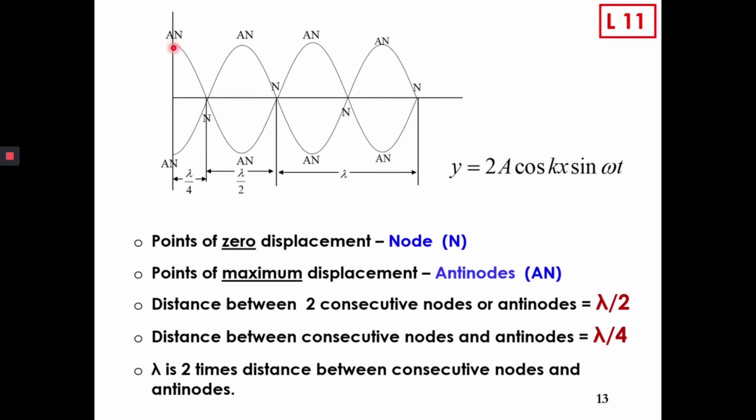Okay, this means from one antinode to the next antinode, the distance is lambda over 2. Or from node to node, also lambda over 2. But the distance between a consecutive node and antinode, from one antinode to the next node, is lambda over 4, which means lambda is actually 2 times the distance between two consecutive node and antinode. Okay,